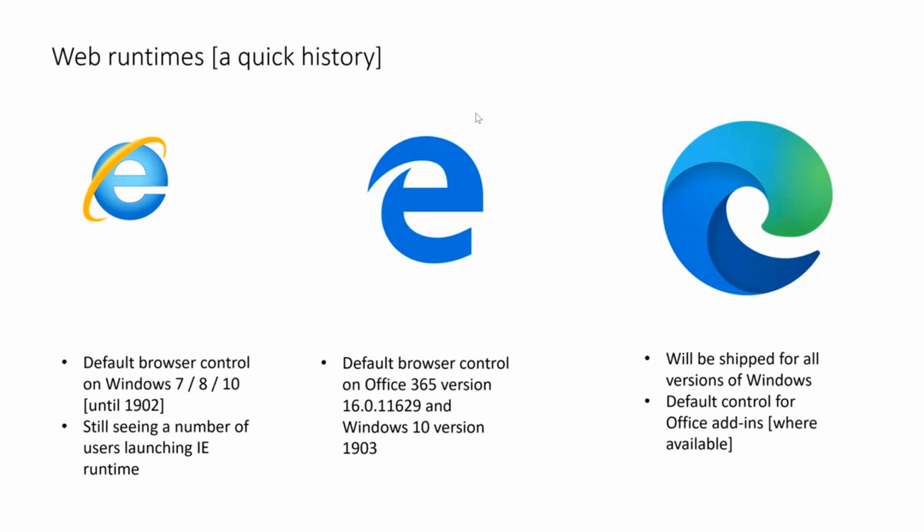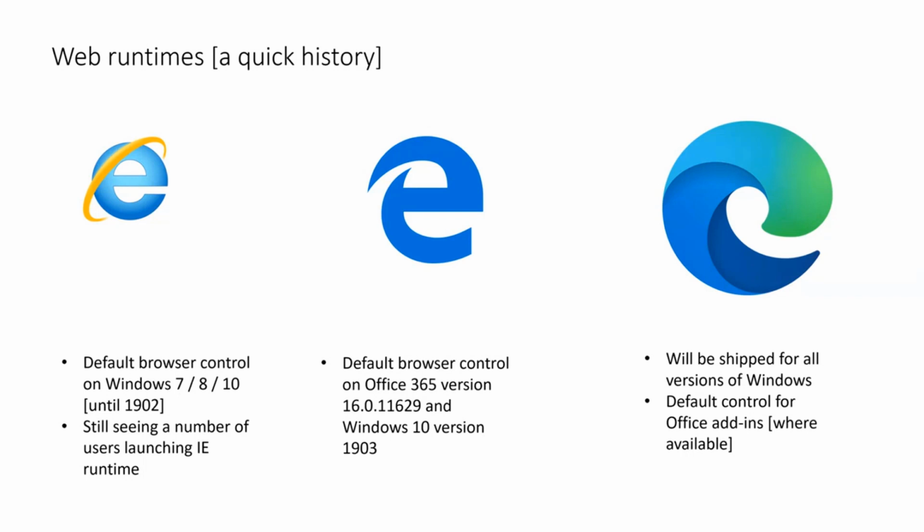But certainly we need a bunch of help from you folks to make sure that your add-ins and your scenarios are working in this new Edge WebView2 before we can actually release this out to production. So just a quick history first before I give you some details on how you can go in and help us. First and foremost, these are the 3 different runtimes that we currently use on Windows for running your Office